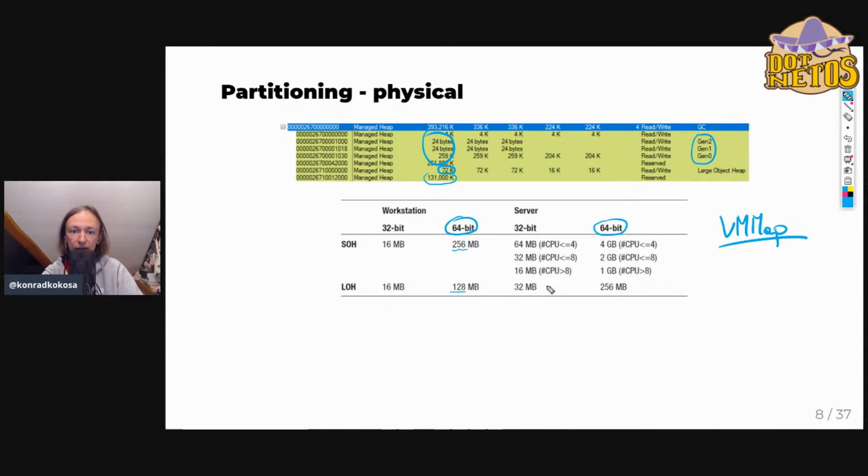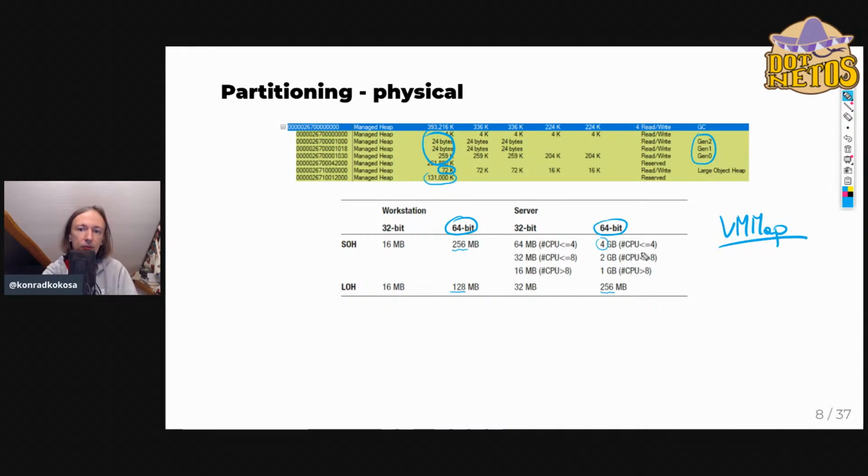Not super big sizes, in fact, because as far as I remember, I was describing, the workstation tries to be a nice citizen for the whole environment and not consume too much memory. The story is different with the server, which assumes that a lot of memory might be consumed. So while this large object heap is again not so big because we don't expect it should have a lot of objects there, we can have pretty big small object heap segments. Even 4 GB may be dedicated for a single small object heap segment, and this additionally